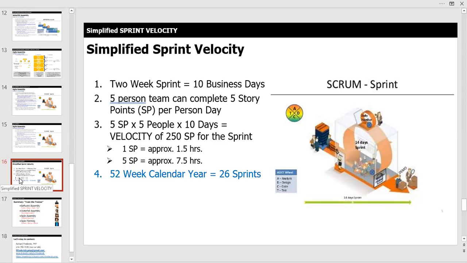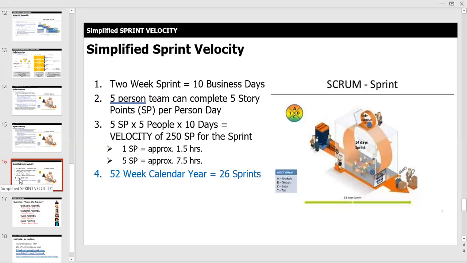For those of you who have to deal with the chief financial officer of your institution, which is what I have to do, that's the reason why I came up with a lot of this information. They wanted this information in something that matches the way that they see the world. So it wasn't enough to just say a story point is complexity. They wanted us to put numbers against it. So 1 story point is approximately 1.5 hours, and 5 story points is approximately 7.5 hours. Great. Again, this is not locked in stone. This is just a concept that you can think about. You might have an easier way to communicate with the financial people who want hard numbers against work,